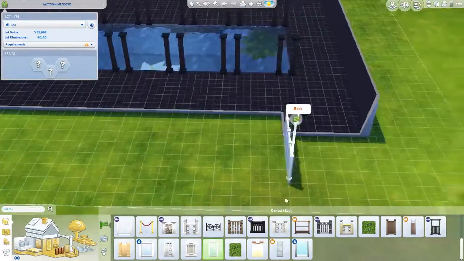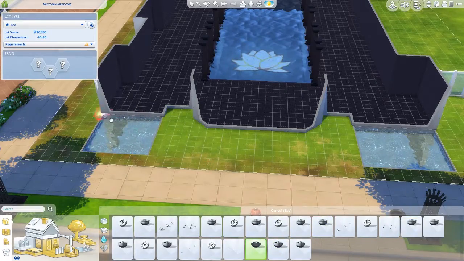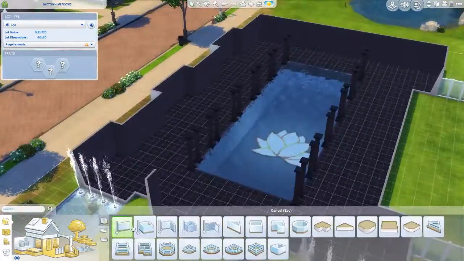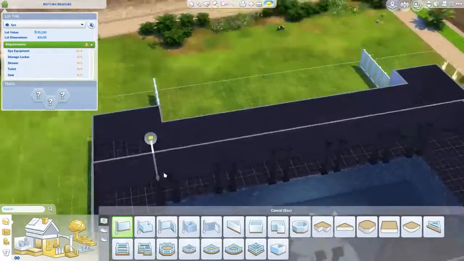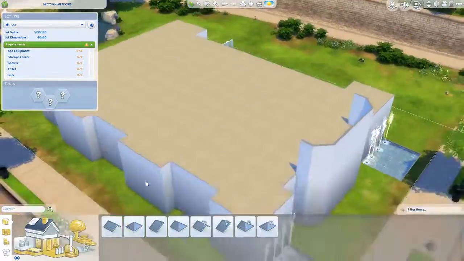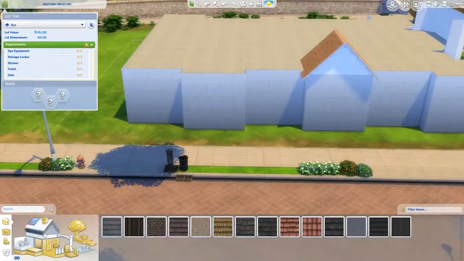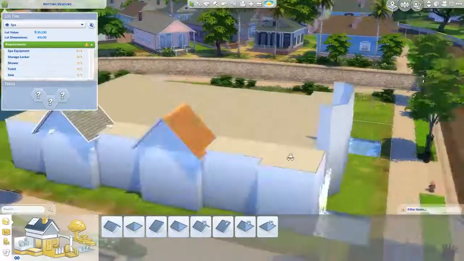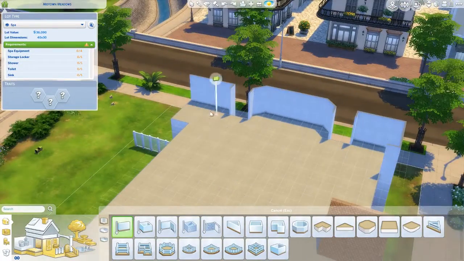Now, obviously, that changed really quickly because a lot of the spa items aren't made for a Tuscan type feel, and a lot of the items in the game didn't really make sense with it. Now, I did keep the focal point of it, and that's the giant pool in it. As you can see,